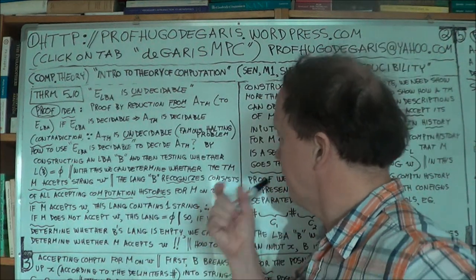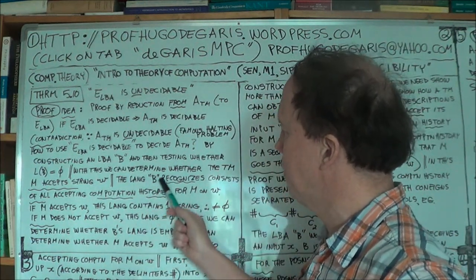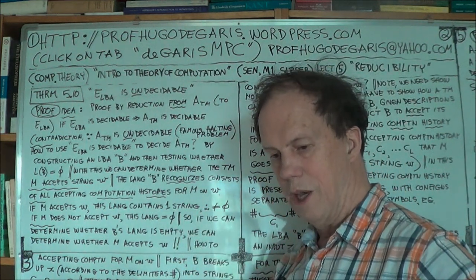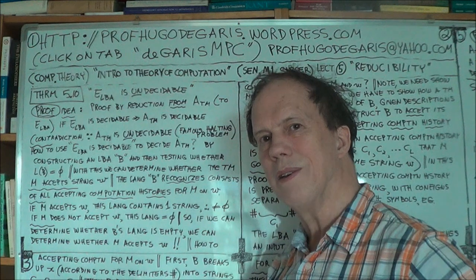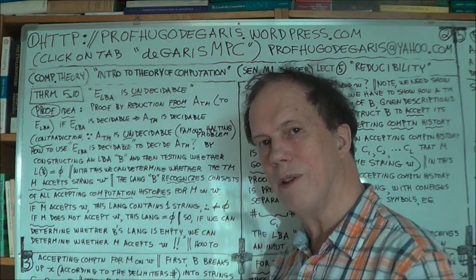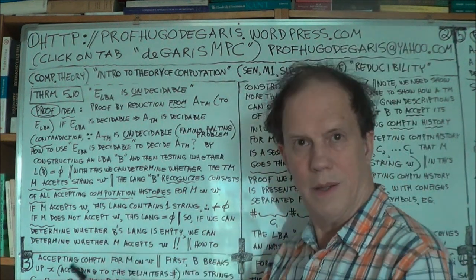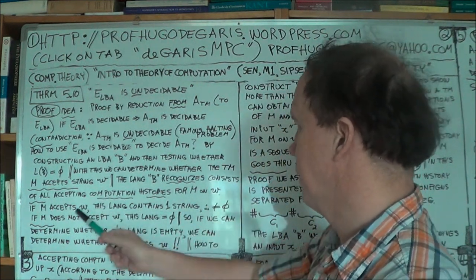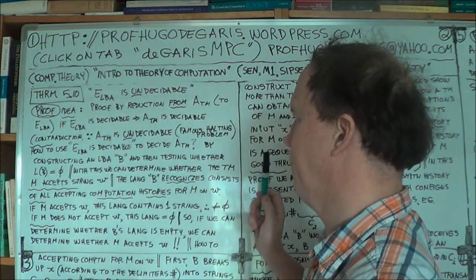So in other words, the language that this B is going to recognize will have at most one member. Okay? You follow that reasoning? Okay. Another link in the chain. All right. Now from that,